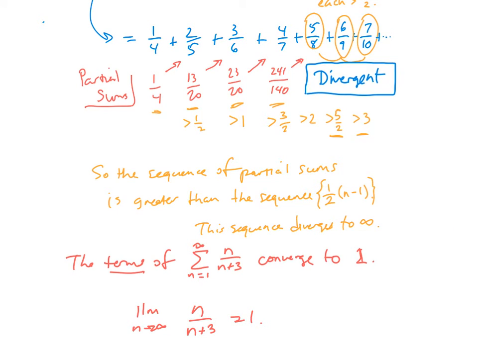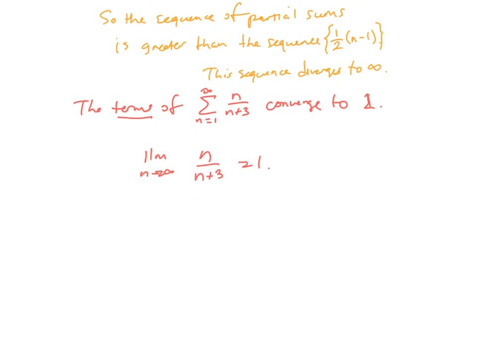If I'm adding things to my partial sums that are getting closer and closer to 1, there's no way those partial sums are going to converge to a finite, bounded, real number. Those partial sums are going to keep getting bigger by about 1 each time. So what this leads to is there's a general idea here. The general idea is that,